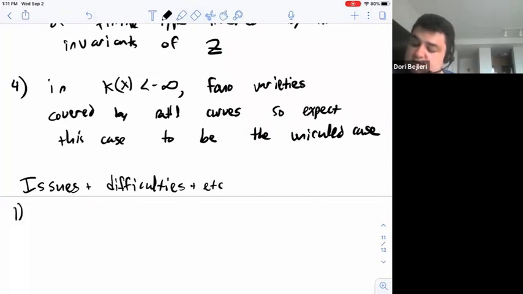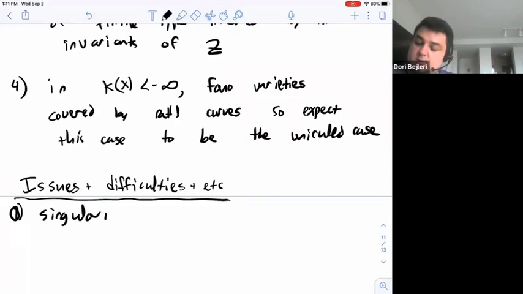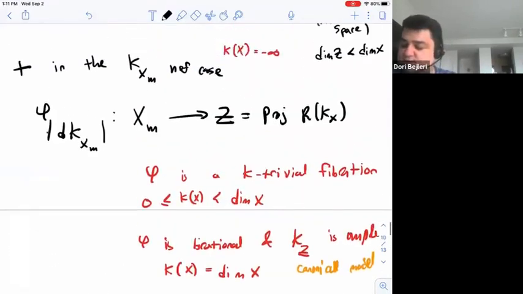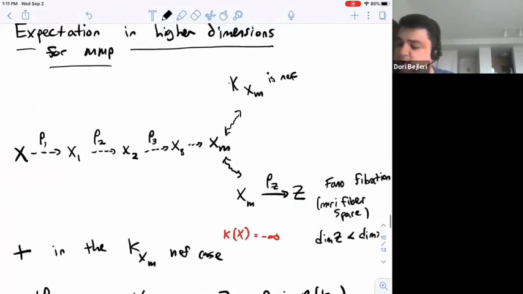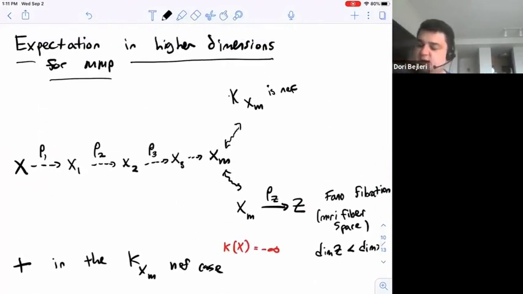So the first major issue in carrying this out in higher dimensions, or maybe the 0th major issue, is singularities. In the case of surfaces, the only place we see something singular is at the very end when we take the canonical model. But in this higher dimensional case, each one of these X_i, straight from the beginning, can be singular. And so in particular, to even make sense of this diagram, we have to generalize the whole story